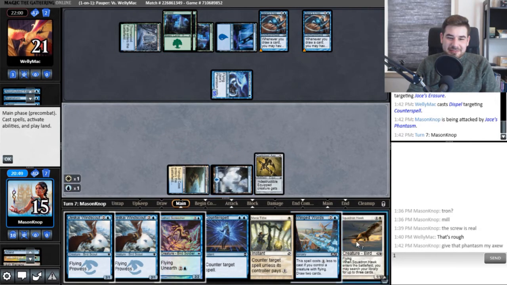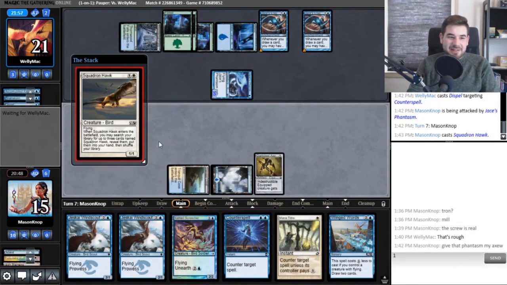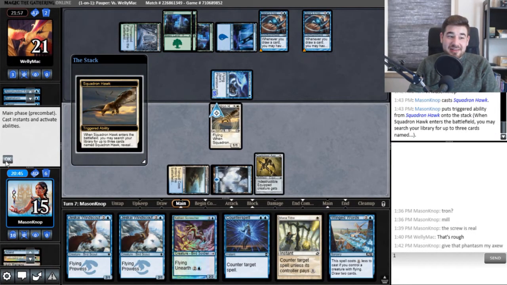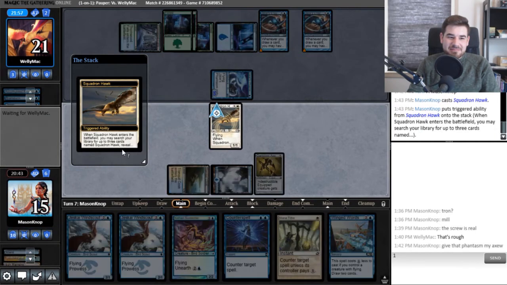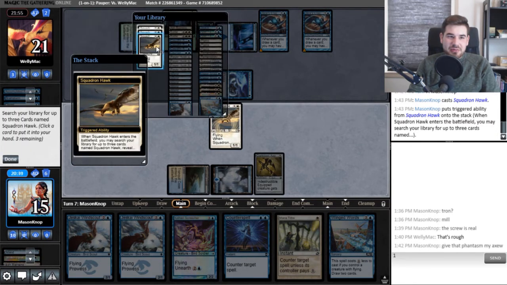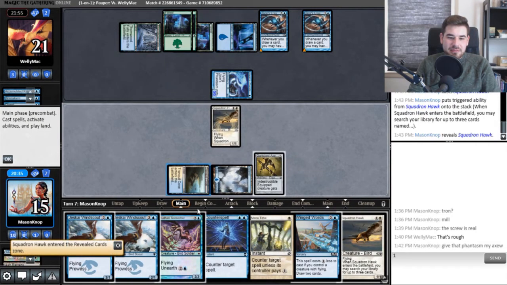God, you know, I don't think that I'm gonna search with this Squadron Hawk. Alright. Yeah, I am gonna search for this Squadron Hawk. Yes, I'm gonna get one squawk. Just the one squawk. Done. And then I'll be at 7 cards exactly. I forgot I don't have to get all 3. Like we should always do, but...